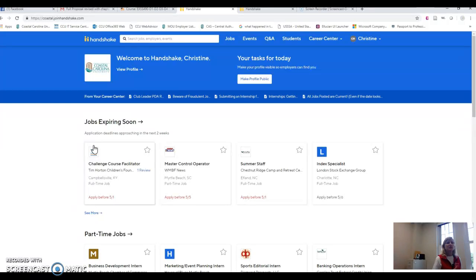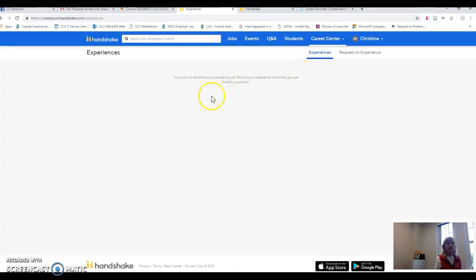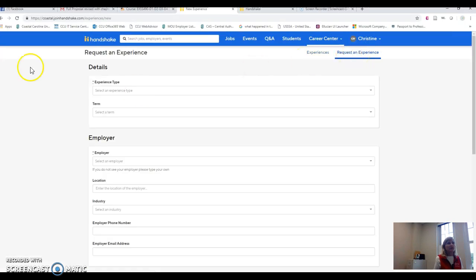This is probably the page that you'll go to first. What you're going to want to do is find the Career Center. You're going to click on Career Center and go to the word Experiences. Once you get to Experiences, it might say you don't have any experiences unless you have done an experience. But if you have not, or even if you have, you're going to request an experience. So what that means is that you're going to request a job on the Handshake database, but you're actually creating